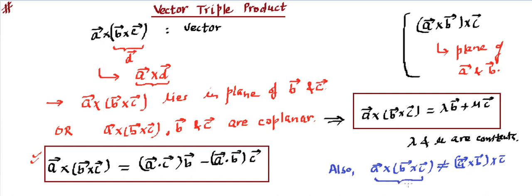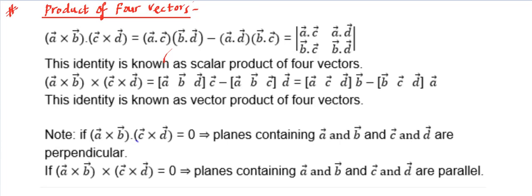This vector is in the plane of B and C, whereas this vector is in the plane of A and B, and A and B may have a different plane, B and C may have a different plane, so they will have different directions, they might have different magnitudes. So it all depends how they are being calculated, and the calculation is going to be like this. Fine. So you just jot down, if the need arises, you can use these expressions.